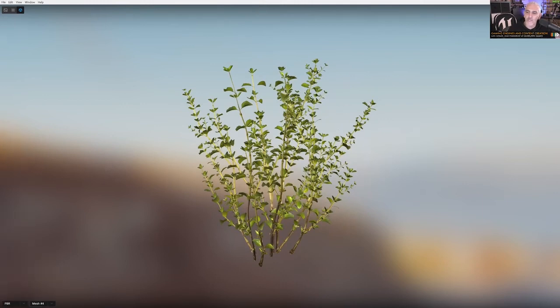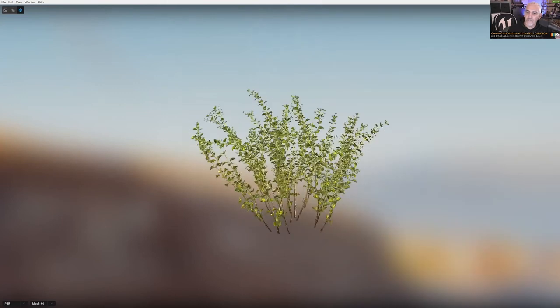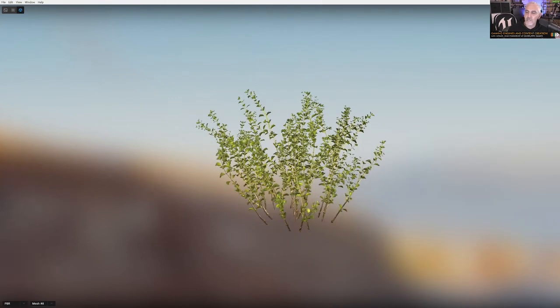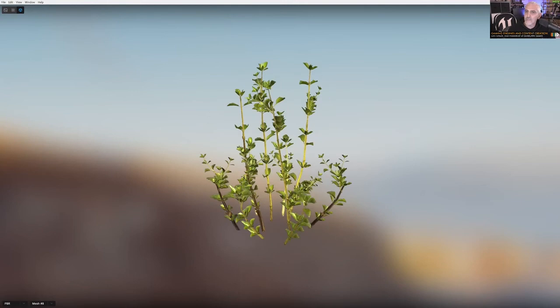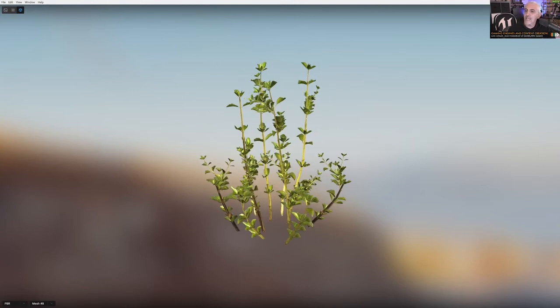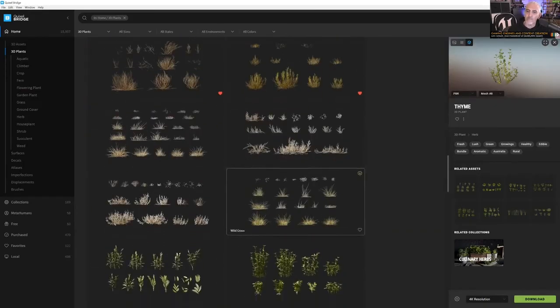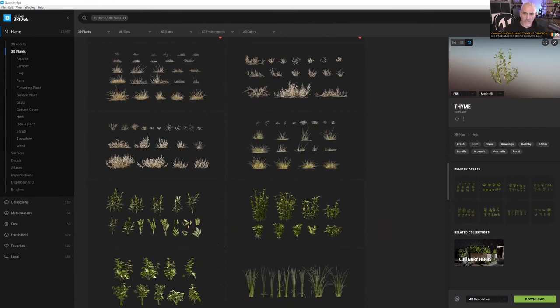And it not only comes with a single mesh, but it comes with a variety of different meshes. So here's mesh number 4, for instance. Here's mesh number 8. And so it comes with a whole collection of meshes associated with any part of the vegetation. So this is great if you're building a forest scene,